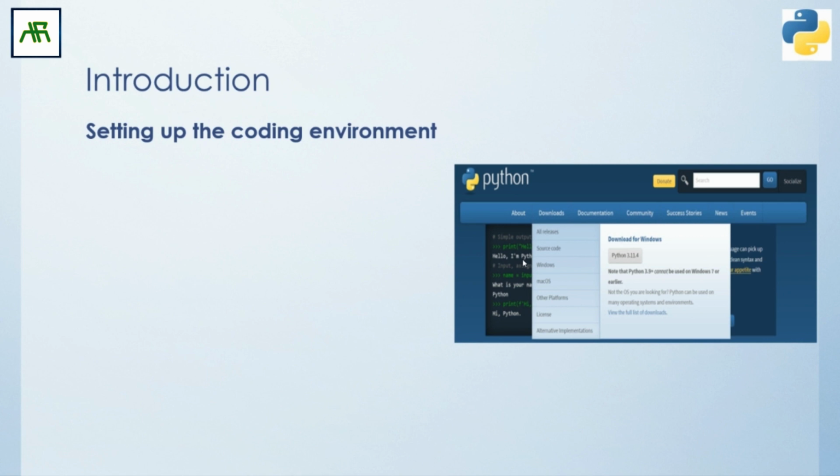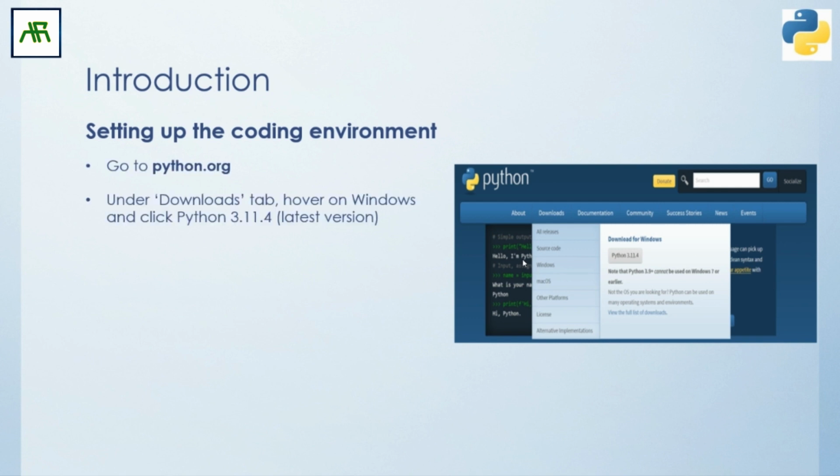I've just given a screenshot of the python.org website. Let's go through the instructions first. Go to python.org. Under the Downloads tab, hover on Windows and click Python 3.11.4. That's the latest version. Go to your desktop or laptop's Downloads folder. You will see the listed executable. That's Python 3.11.4